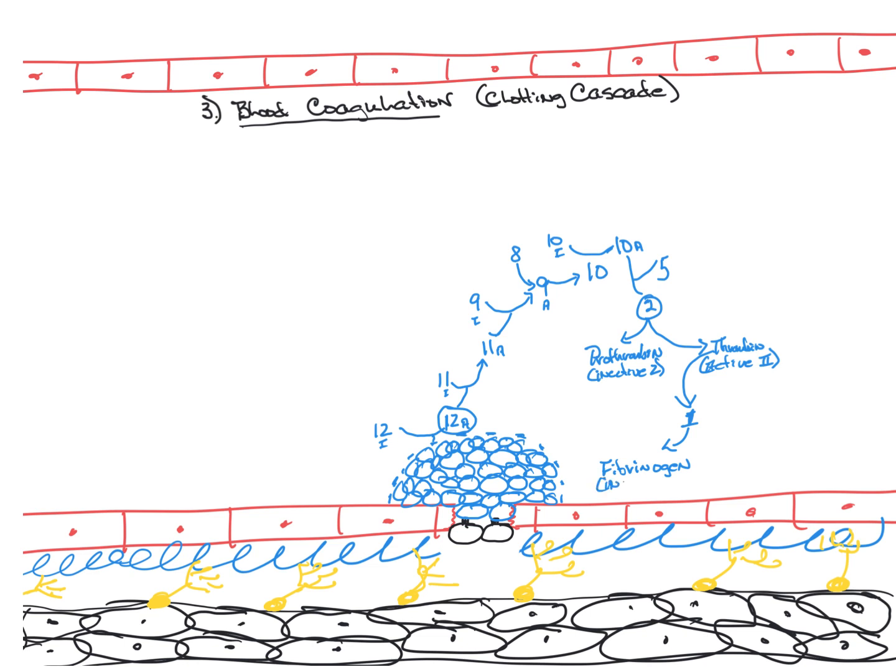It's going to convert it to the active form of fibrin, and that's active 1. Okay? All right, so what you'll see happening then is this whole area from 10